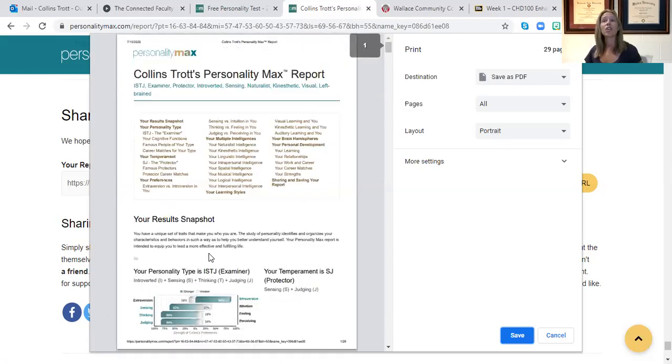So I will be asking you a few questions in the overview and syllabus quiz that pertain to the answers here. Specifically, what is your highest multiple intelligence? What type of learning style is highest on your rating? So things like that will be asked. But other than that, it's just great information for you to have for your own professional growth.